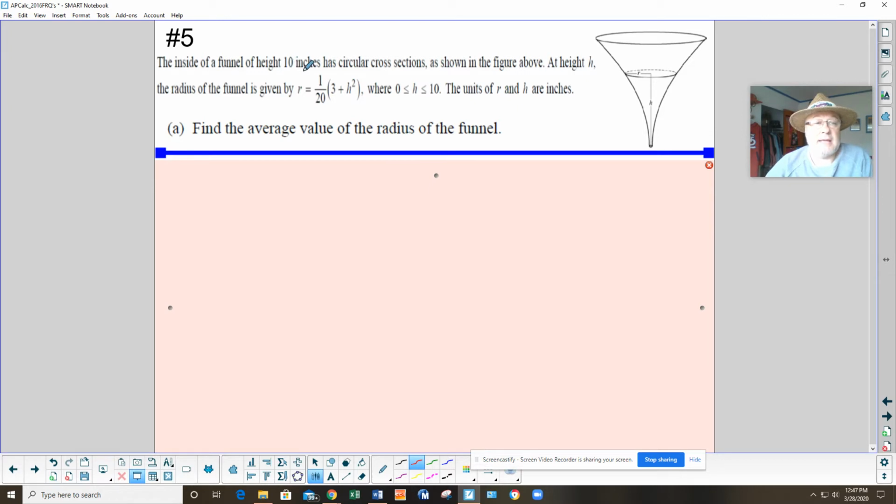So here's the question. Inside a funnel of height 10 inches, it has circular cross-sections as shown in the figure here. The height h and the radius of the funnel is given by this function here, where h is from 0 to 10. The units of r and h are in inches. The question is to find the average value of the radius of the funnel. Well, that's pretty easy because you have a radius function here, so you just need to do the average value function of that